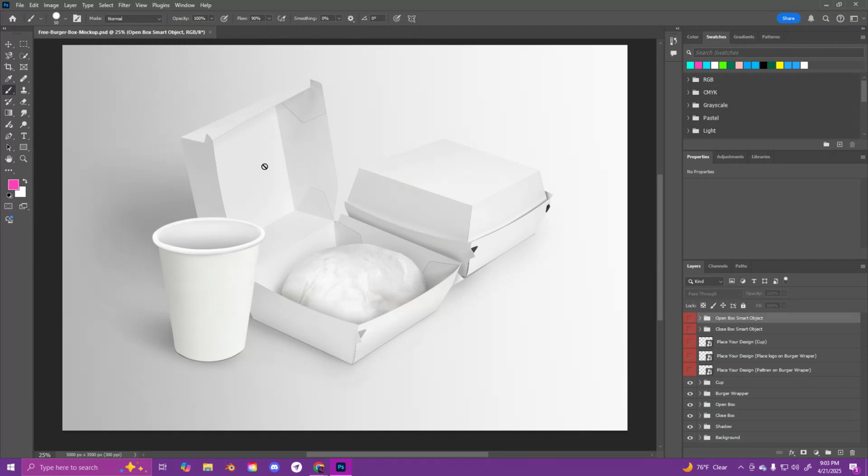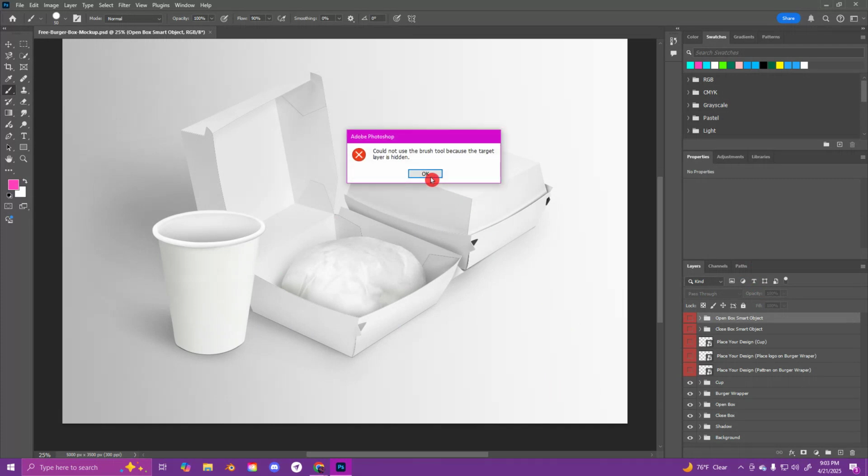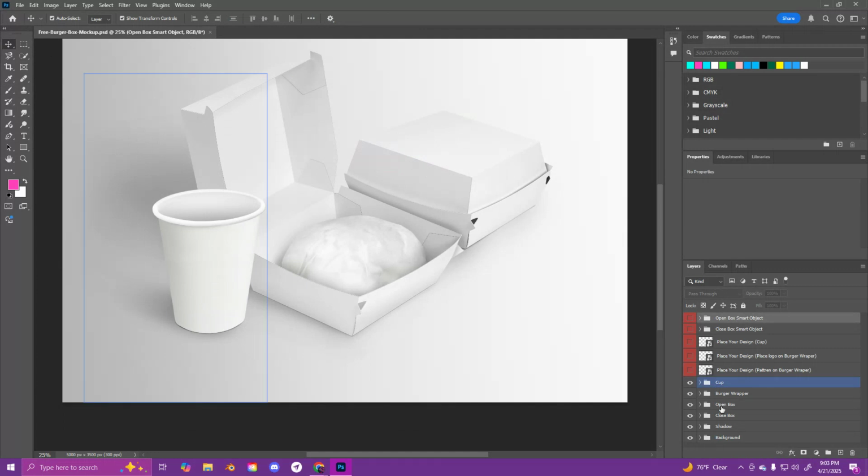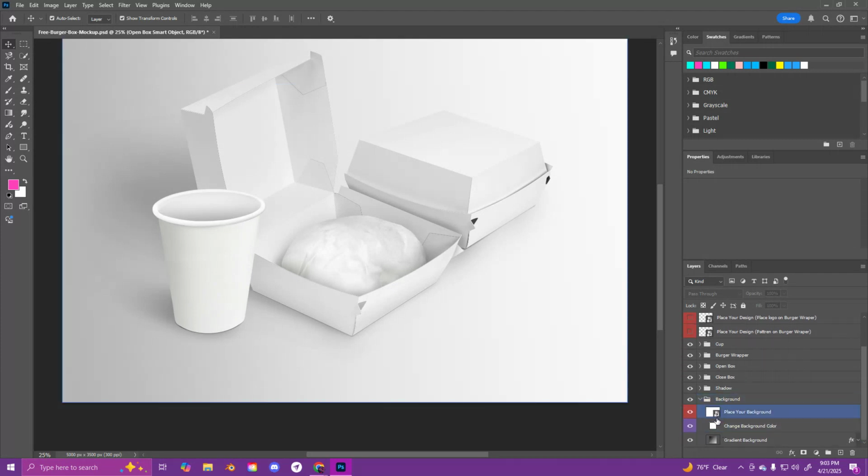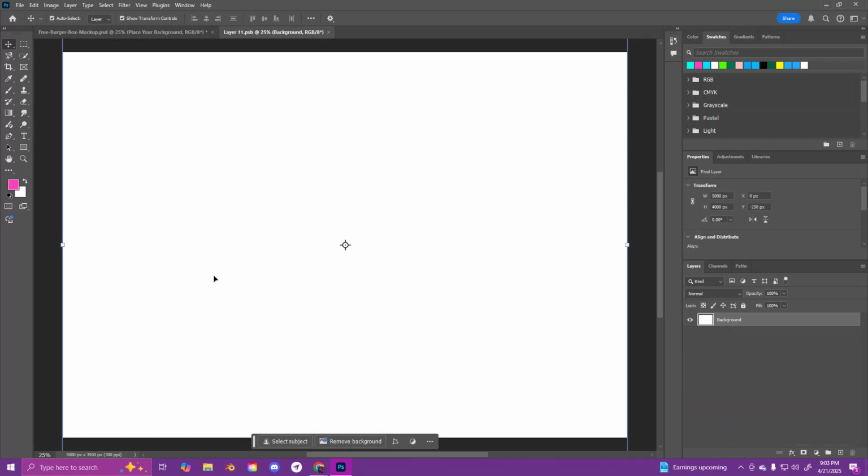A more intense or more complicated one, you'll notice that they'll have way more layers and then folders involved. Oopsie. So I recommend that you go in here and you expand everything else, but the concept is still the same. So let's go into our background folder here, and you'll notice again, this is labeled place your background, and there's a smart object right here. You also have the option to change the color, background color manually here, but in case you do have a pattern of some sort, I'm going to double click here to open up this file,